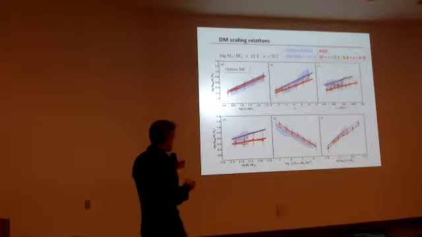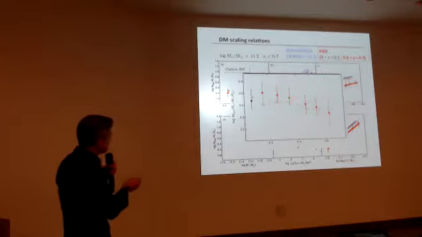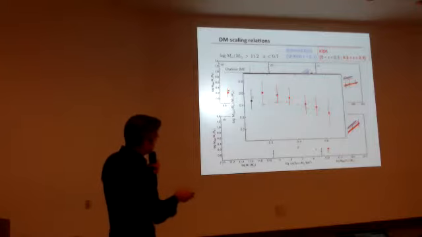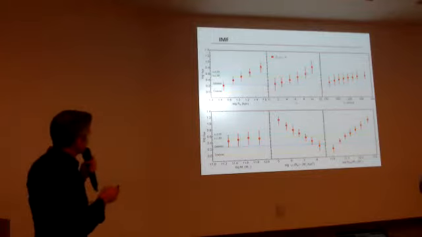But if you just wrap up all these results and put them in the plot I showed you before, then you see that the dark matter fraction definitely changed with the redshift here. So there is a decrease with redshift. If you do the same, if you want to estimate the